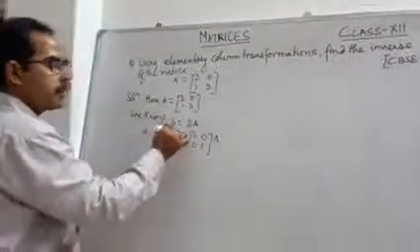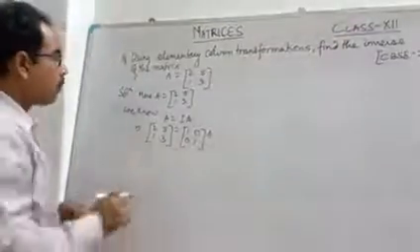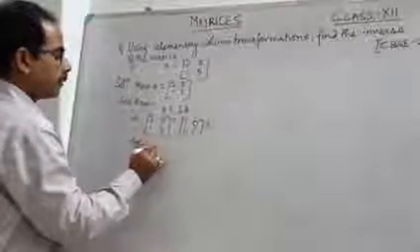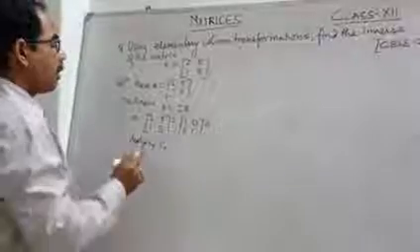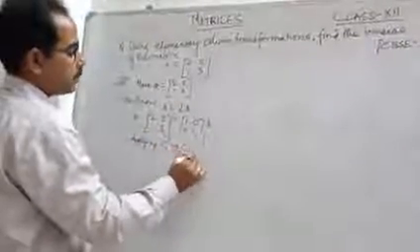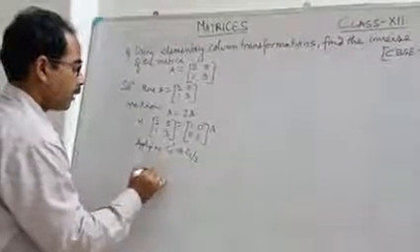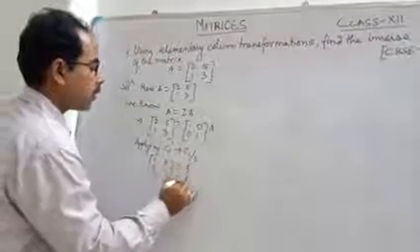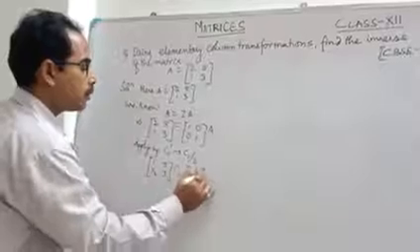Anyhow we have to make this one identity matrix, so 1 0 0 1 we have to make. So go with the first one, that is applying C1 prime tends to C1 by 2. Then what you are getting, just check it out. Here 1, here 1 by 2, here 5, here 3, equal to, same operations you have to conduct over here also. That means here 1 by 2, 0, 0, 1.